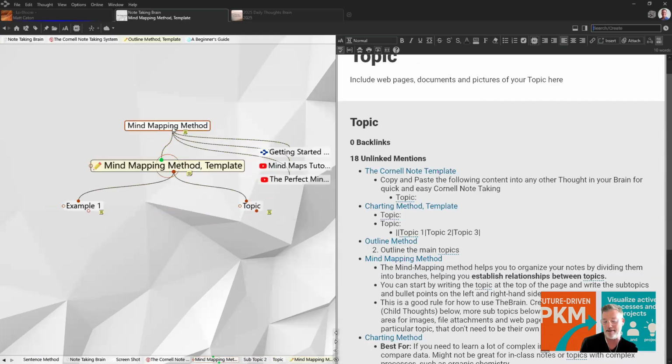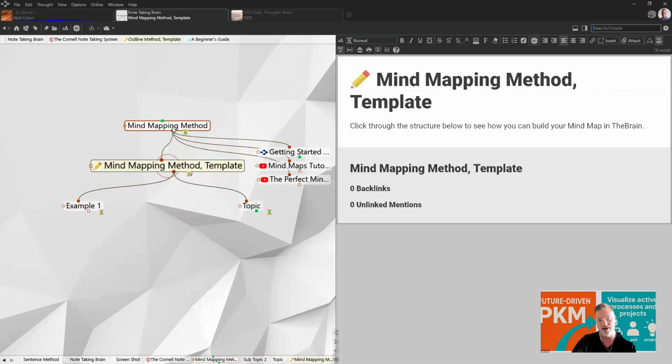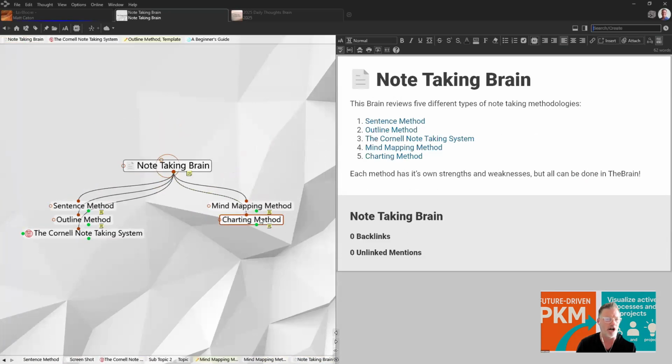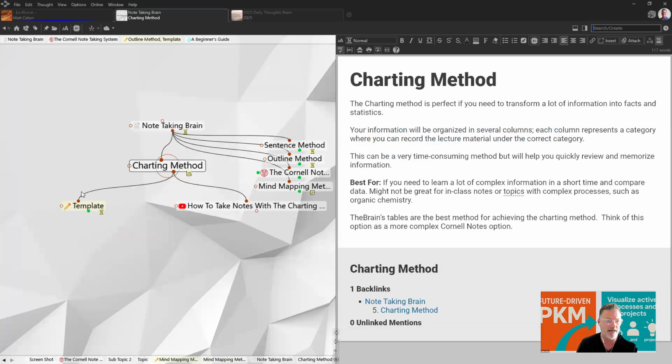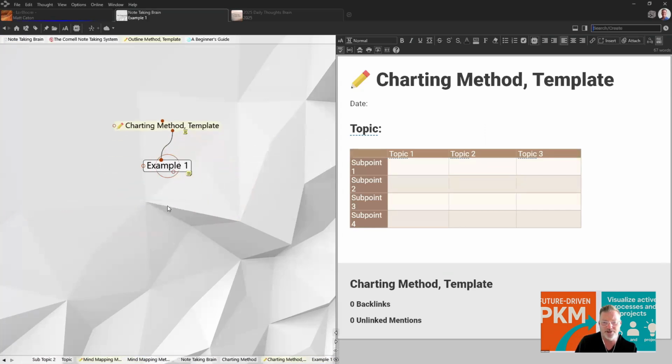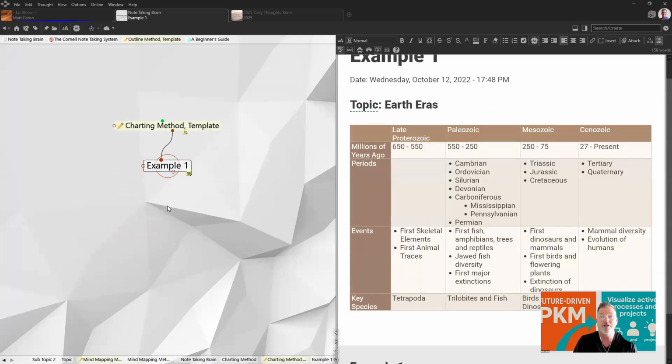The Plex is a mind map, and then your content all goes in the content area over on the right. And then we end with the charting method. Again, there's a template for the charting method and examples of how to chart Earth's eras. So then we're moving more into tables and so forth.